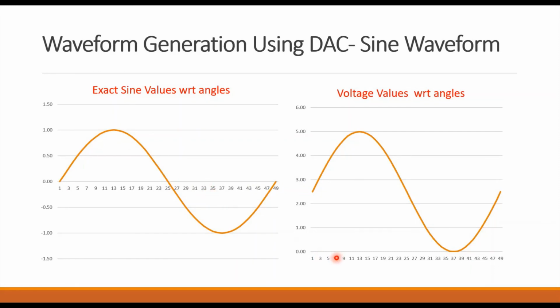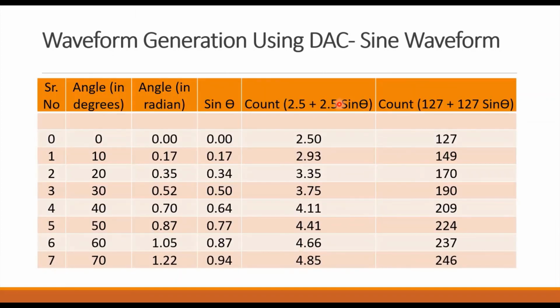Clear? So how have we shifted it? From 0 it has shifted. See here, the first point is 0, so it has shifted to what? Here the first point is at 2.5 volt. So you can develop the equation. Okay, so see, the equation is developed. 5 volt we have considered as the reference voltage. So your equation comes out to be half of that, that is 2.5.